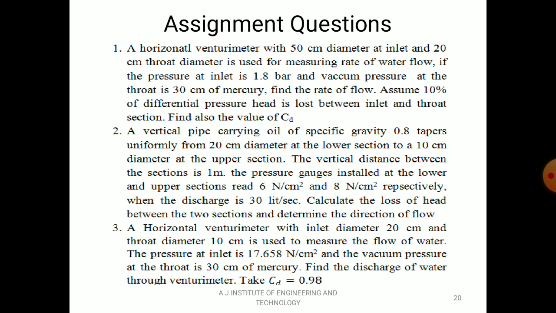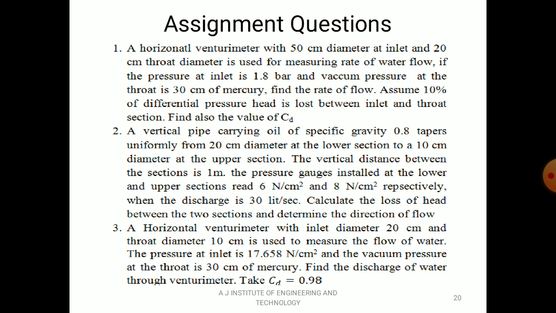So H can be calculated by P1 divided by rho g minus P2 divided by rho g. That is the H value, the differential pressure head. Once you get the H value, then HF equals 10% of H. Then CD equals square root of (H minus HF) divided by H. Using that you can calculate CD, and you can just substitute the value of CD, A1, A2, H in the expression